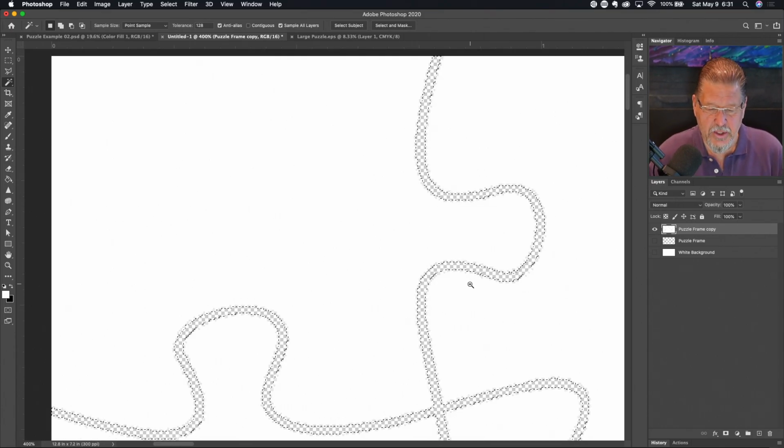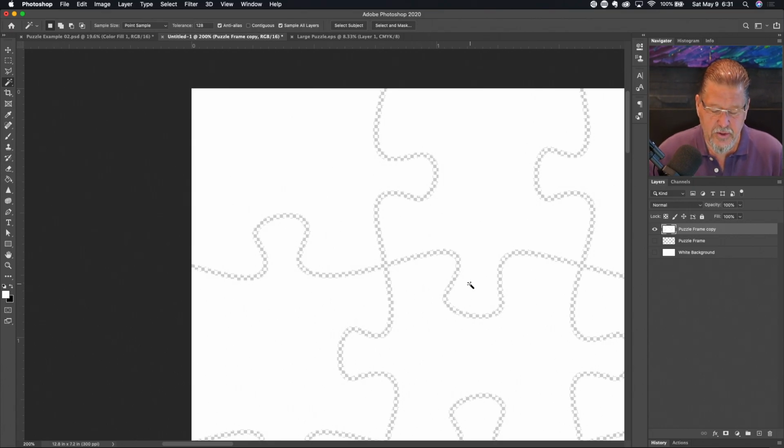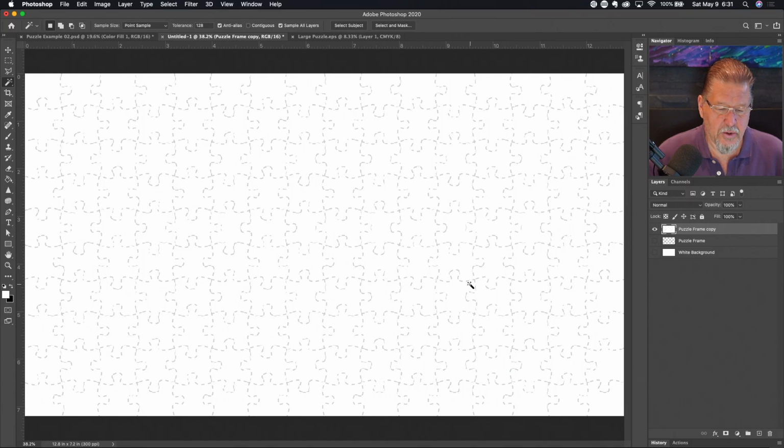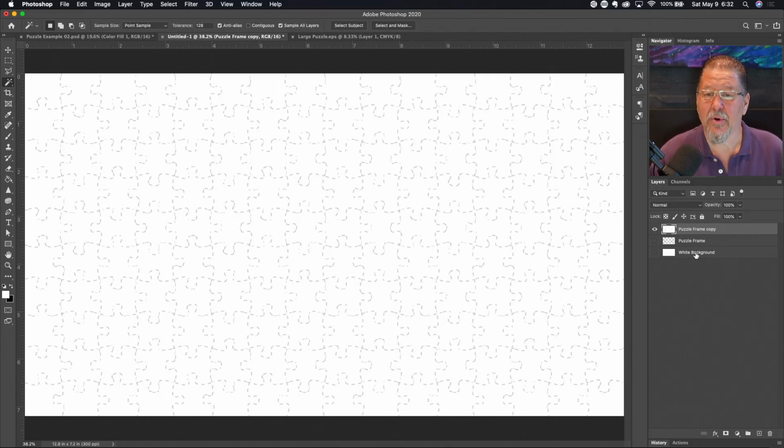I'm going to zoom out just a couple of steps here. Let's do a Command D, Control D, to get rid of our selection. Let's do a Command 0 on the Mac, Control 0 on Windows to zoom back out. And you can see if we turn this background back on that it becomes very unclear what we have here. So remember to just check that background here. I'm going to come down here and make the white background active. I'm going to hit the Create New Layer icon down here at the bottom of the Layers control panel, and I'm going to call this Black